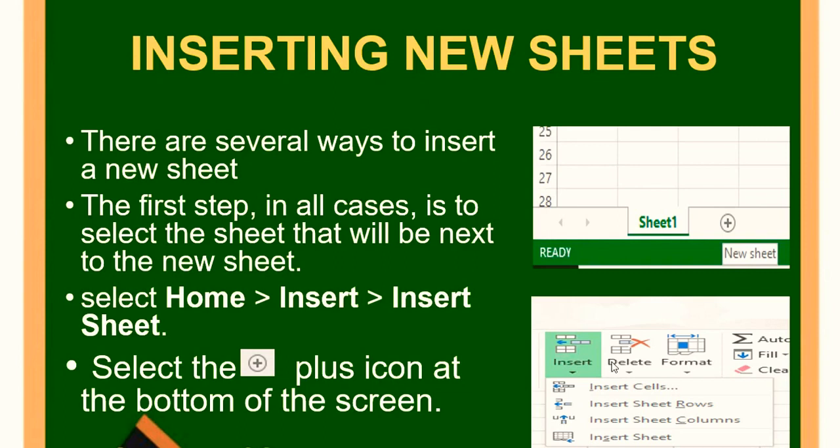The next one, inserting a new sheet. I said that by default there are 3 sheets in your OpenOffice Calc. If you want to add more sheets to your workbook, what shall I do? I can simply press the plus symbol on the right side of Sheet 1. Simply press this plus symbol to get a new sheet. I already have Sheet 1, so when I click this plus button, Sheet 2 will be added next to this sheet.